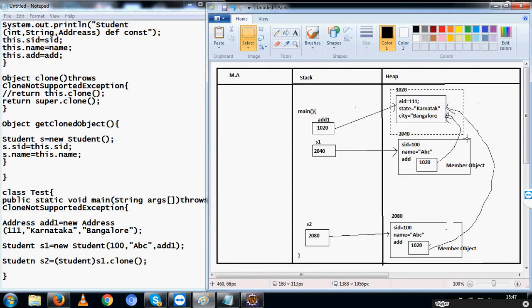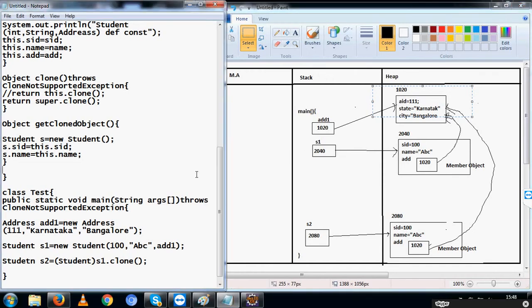This is the concept of shallow cloning. Shallow cloning means the object which you are cloning, here we are cloning the S1 object, gets cloned with the same content. But if the S1 object has any other member object, then the member object will not be cloned. In the cloned object and the actual object, the member object remains the same. So we'll try this